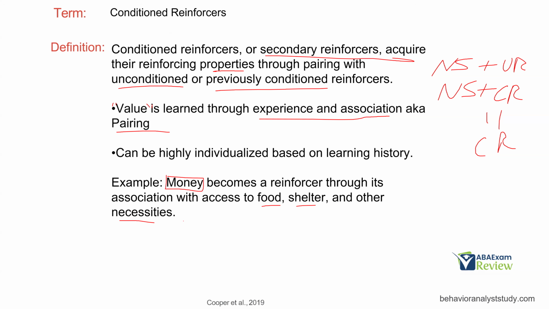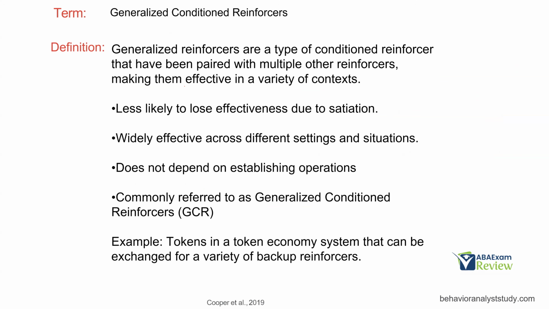If I give $100 to a 4-year-old who has no idea what money is, that might just be a piece of paper to them. They might have an idea of what it is, but it doesn't hold any real reinforcing properties. If I give them $100 and then say, here's 4 video games in exchange for the $100, well, now that money has meaning. That money's been conditioned, which leads us to our final type, which is generalized conditioned reinforcement